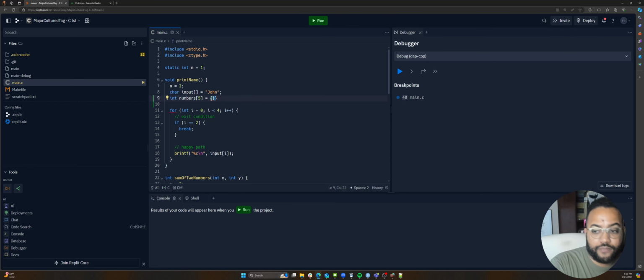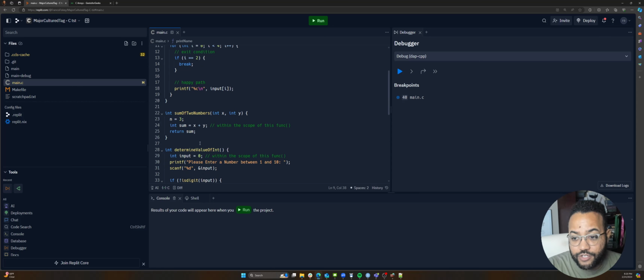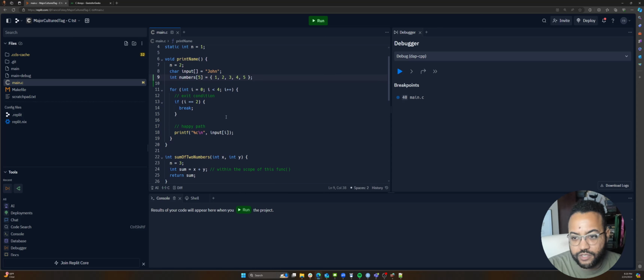So in this case, I could say 1, 2, 3, 4, 5. Merry Christmas and a Happy New Year. Boom. And this is totally fine. As a matter of fact, if I fixed this loop, I could say, instead of this being I equals 2, there it is. Instead of this being input, I can say numbers, right? Because input is the word John, but numbers is the array numbers. And if I ran this,